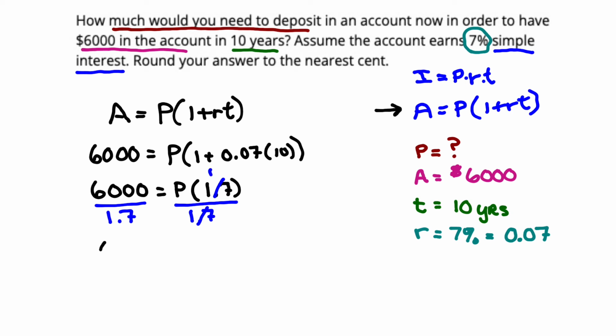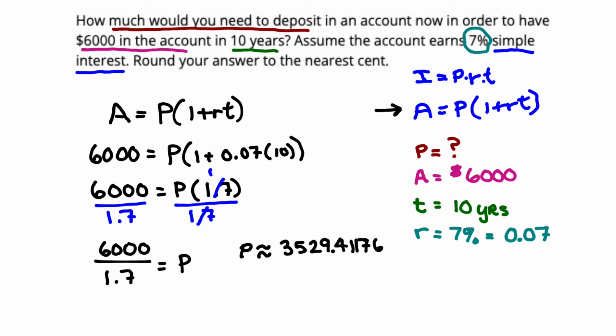Doing so leaves us with 6,000 divided by 1.7 equals P. And then we pull out our calculator or our cell phone or Desmos, and we find that P is approximately 3,529.411765, etc. Rounding our answer to the nearest cent gives us that P is equal to